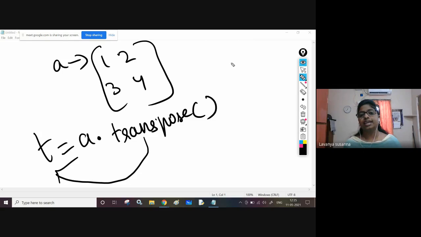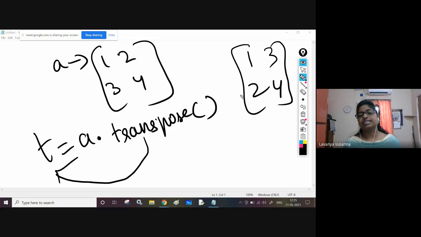Okay. Now T contains 1, 2, 3, 4. Just interchange of rows and columns. Transpose is nothing but interchange of rows and columns of original matrix. A dot transpose. It's very simple, right? Or you can use A dot capital T. T equal to A dot capital T. Okay.